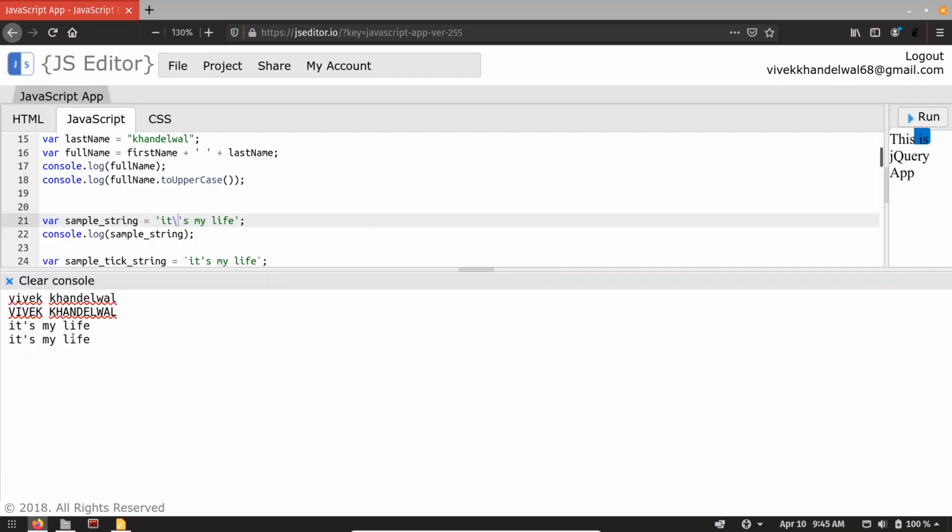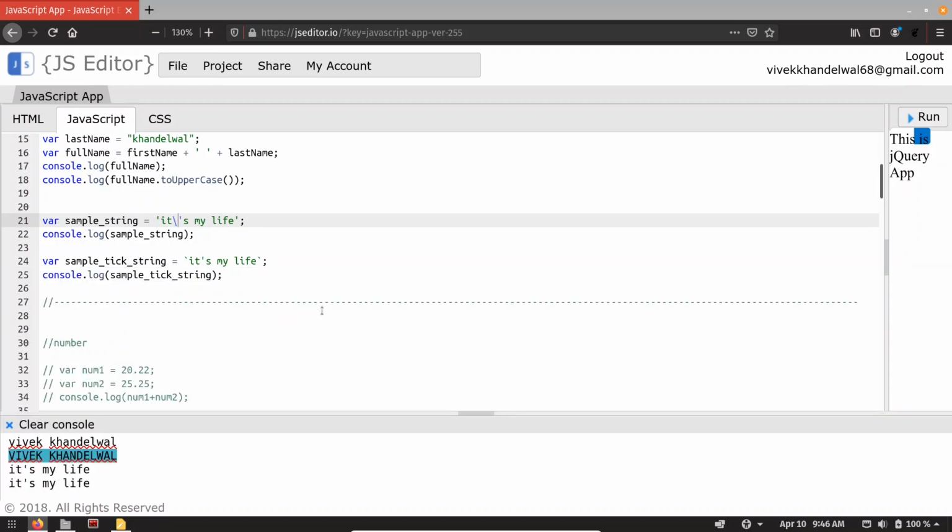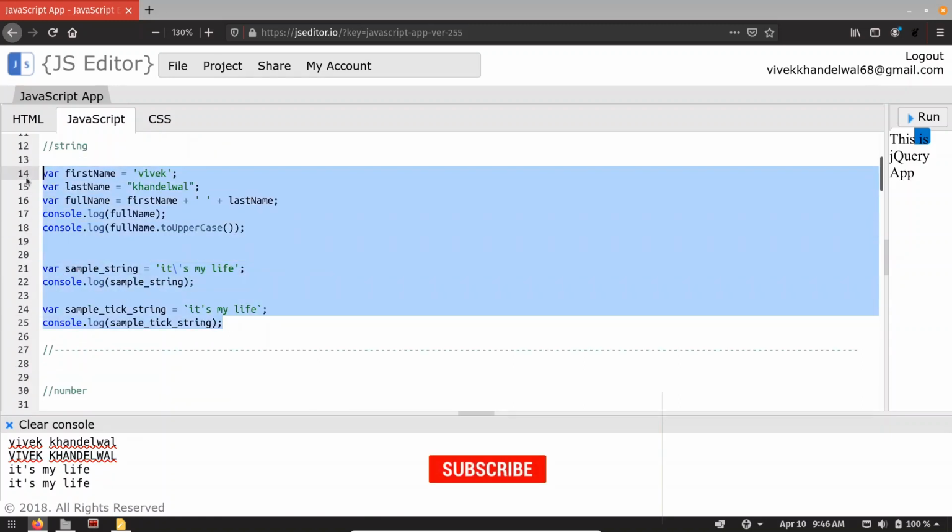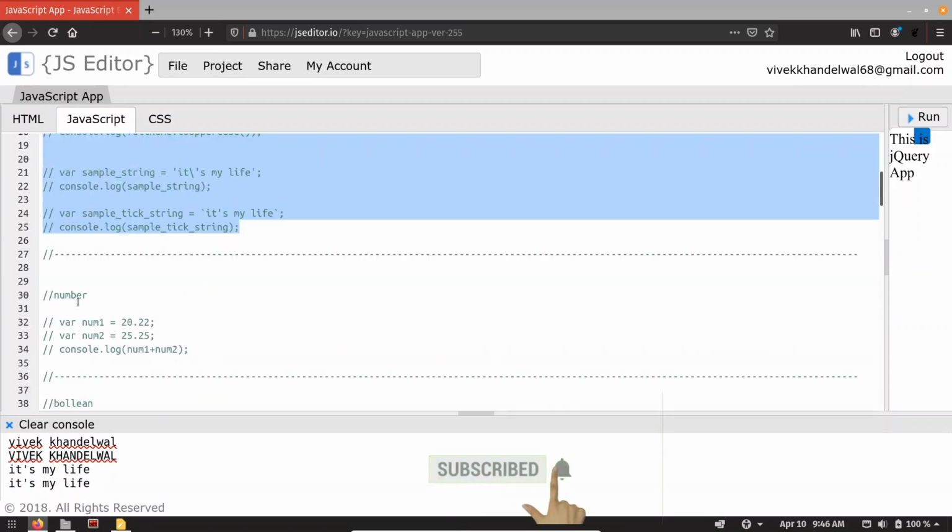You can see it is printing my name in small letters and after that in capital, and it is able to print the string with the quotes in it. So let's move forward. Let's talk about number.